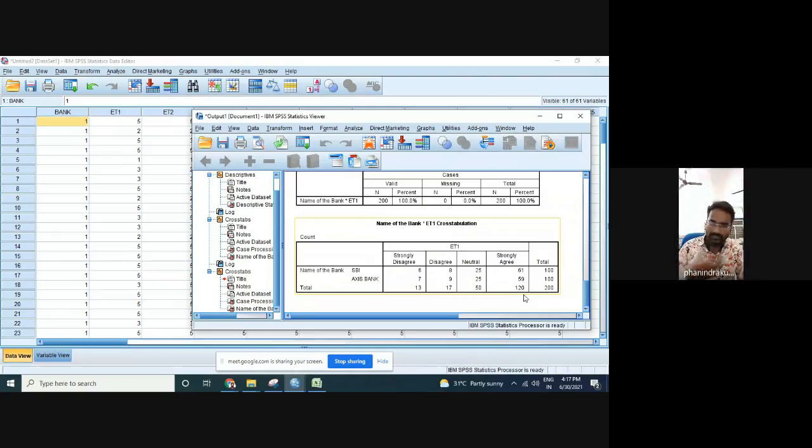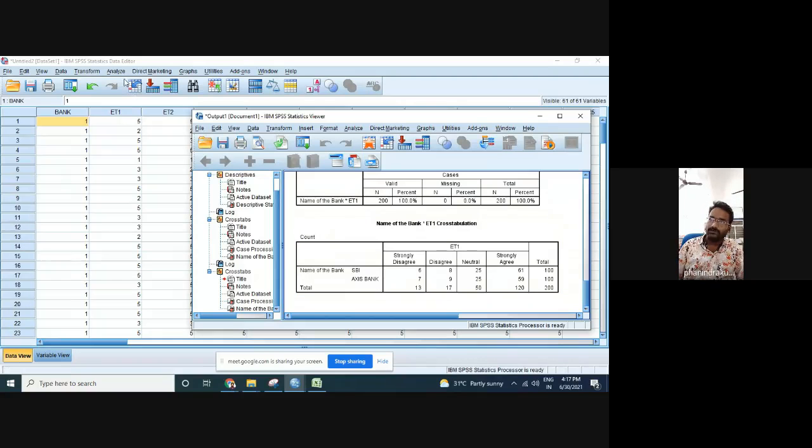You can directly copy the table and you need to make it aggregate for 100 percentage. 100 percentage means 200 is there. You need to convert this 120 into percentages. You can give 60 percentage and 25%, and you can write the analysis in the form of percentages so that it will be easy to analyze and also easy to understand.